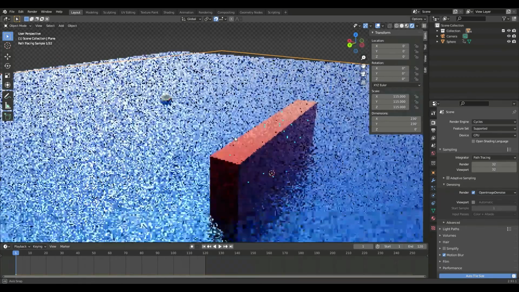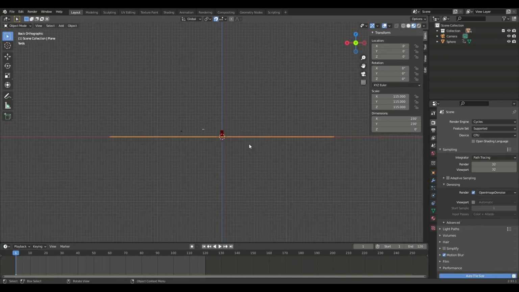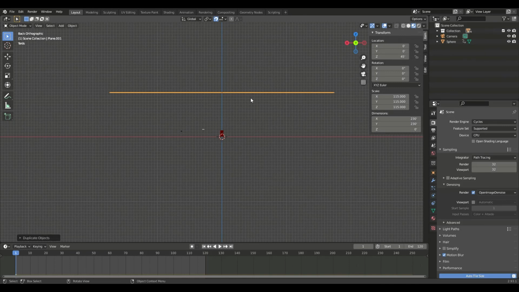And then we can go here and go into the look dev so it's not weird. And we can press Shift D to duplicate this. Then we can rotate it on the Y axis by 90. So now it's a wall.